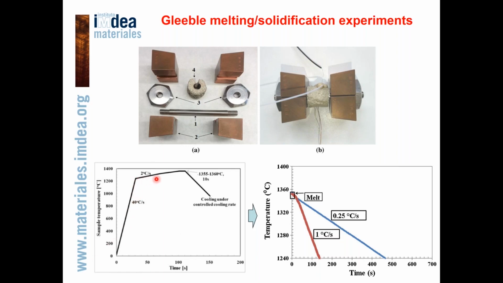the midsection of the sample was heated to temperatures between 1355 and 1360 degrees. So the midsection of the samples was molten. And after full melting of the midsection, the cooling was performed in a very well controlled manner with different